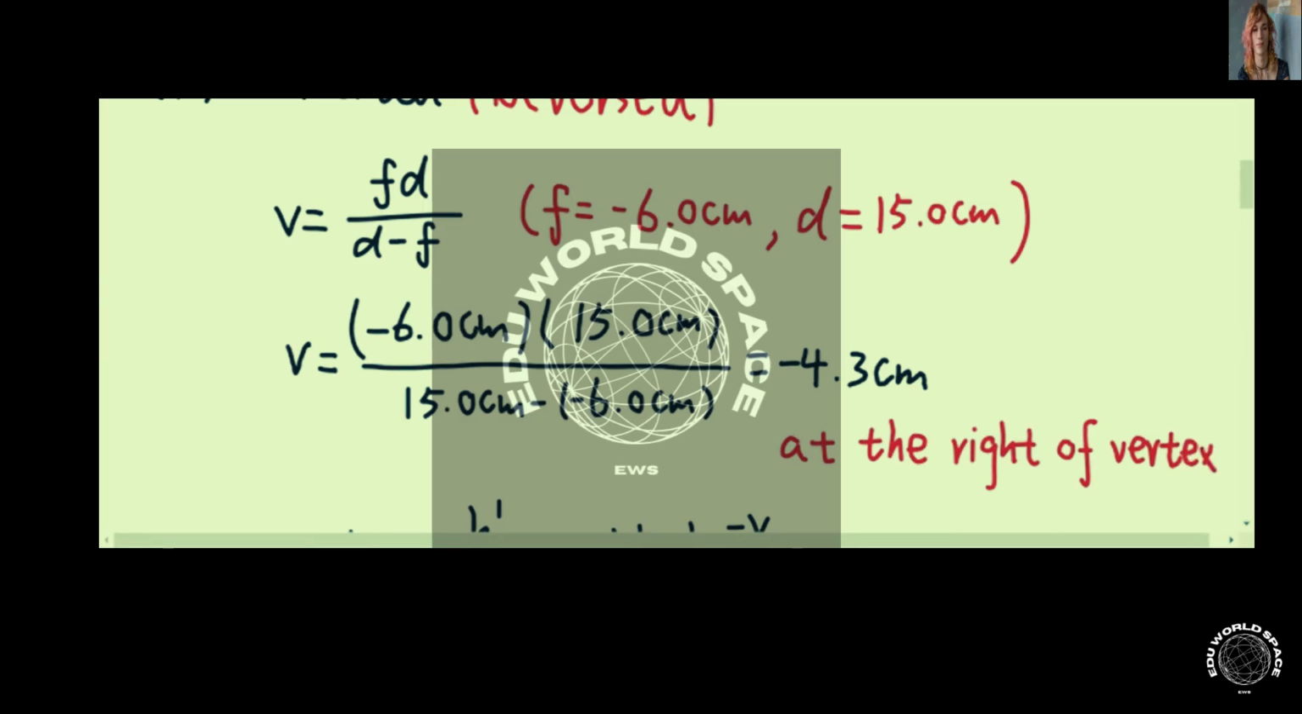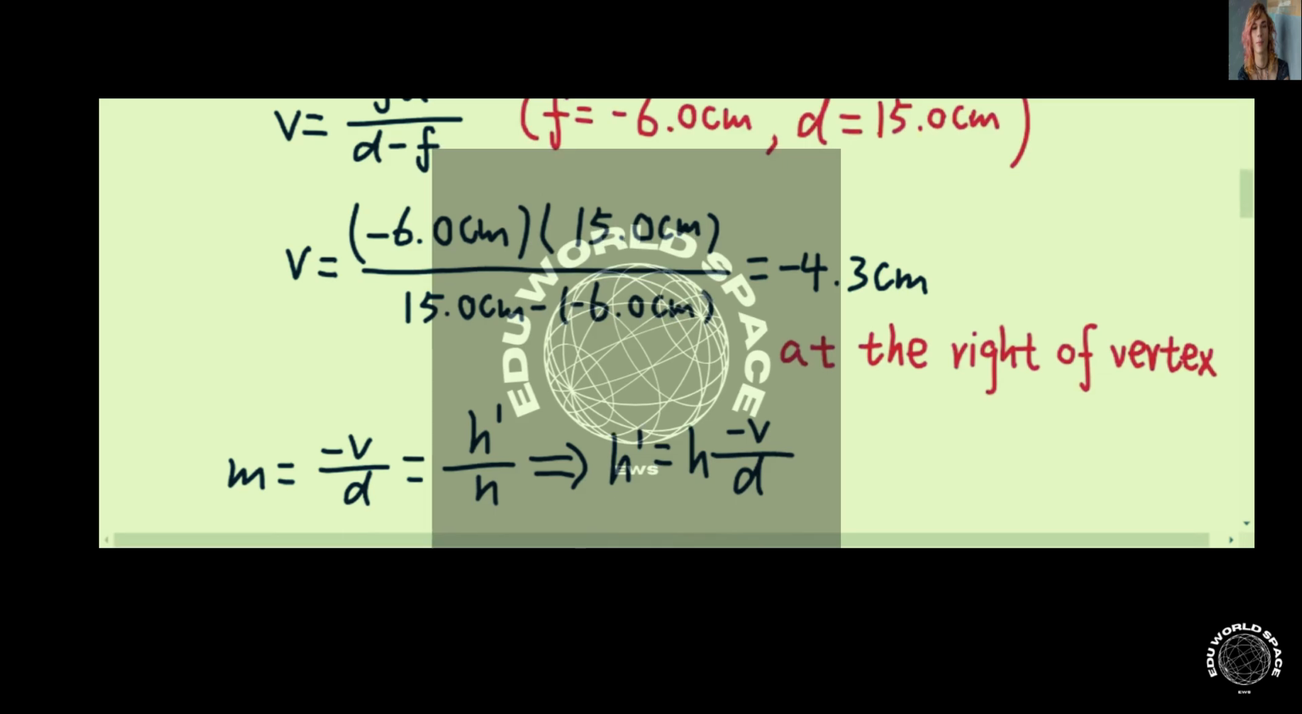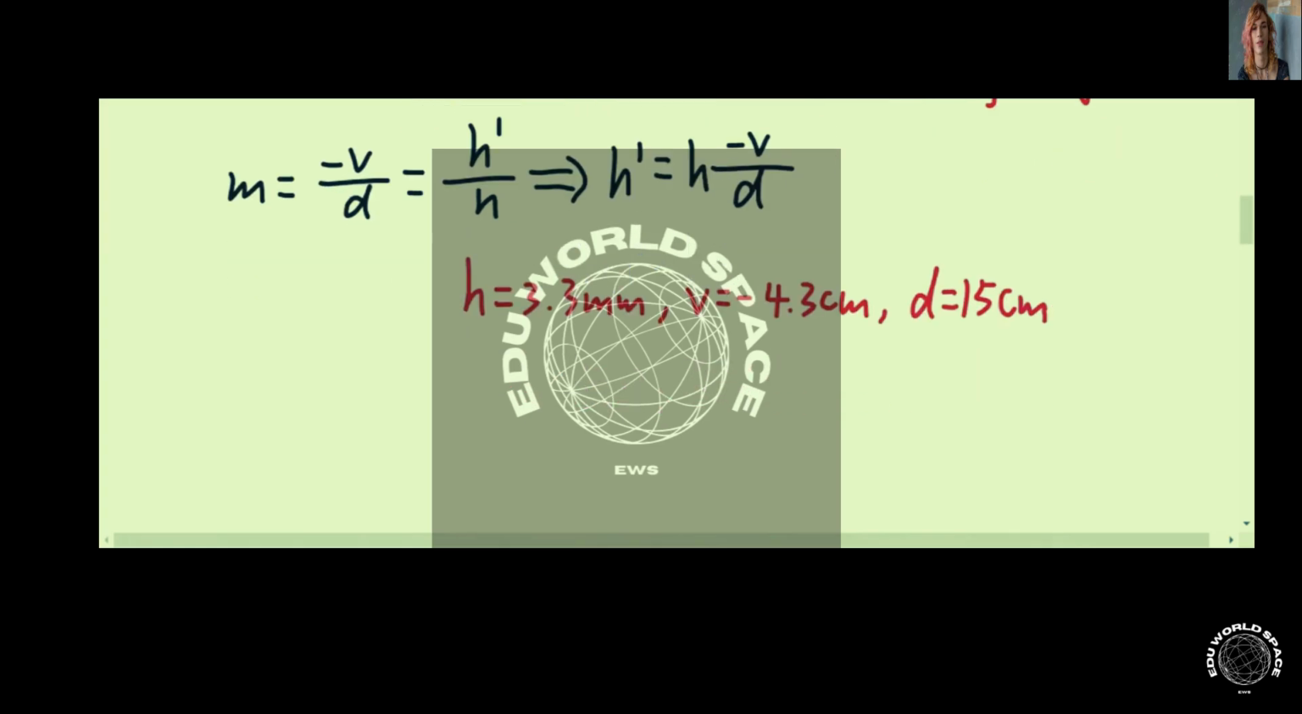And for the next question, it was asking us the image height. So the image height is equal to h times negative v over d. We know the height is still 3.3 millimeter, but now the image distance is negative 4.3 centimeter. Okay, so now let's determine the image height. The image height is equal to 3.3 millimeter times negative 4.3 centimeter,